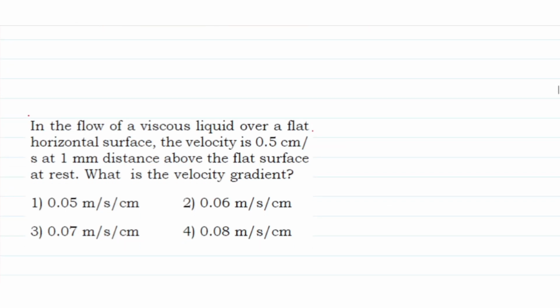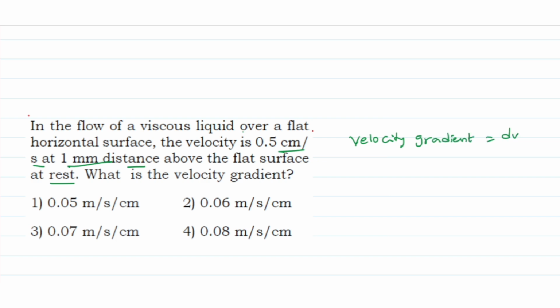Look at the next question. In the flow of viscous fluid over a flat horizontal surface, the velocity is given as 0.5 centimeter per second at 1 millimeter distance above the flat surface at rest. So what is the velocity gradient, they are asking? So here in the flow of viscous liquid over a horizontal surface, the velocity is given as 0.5 centimeter per second. So for velocity gradient, the formula will be